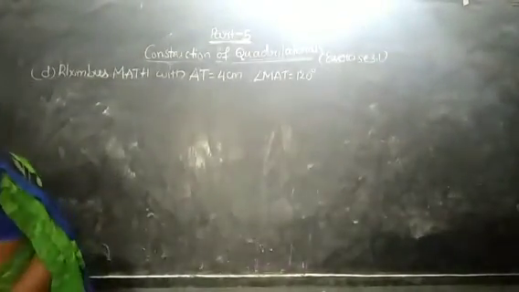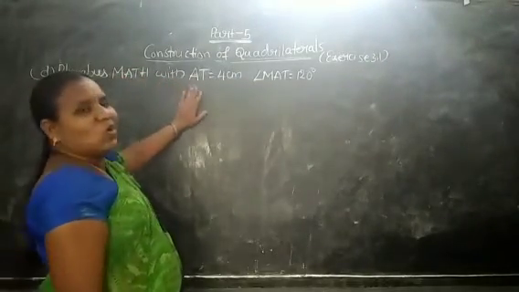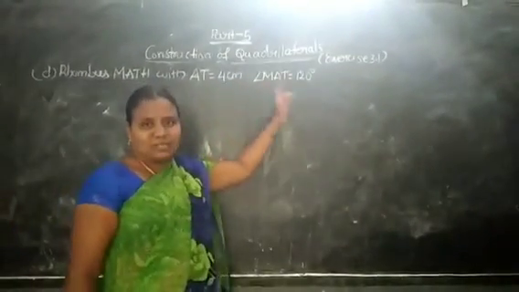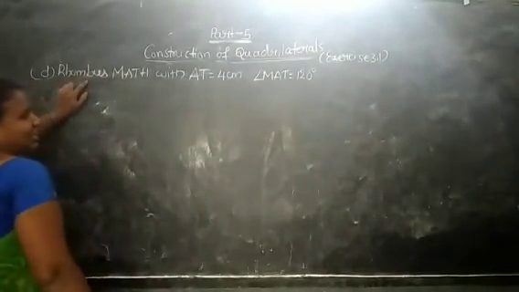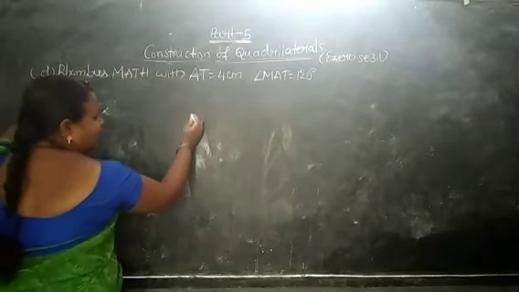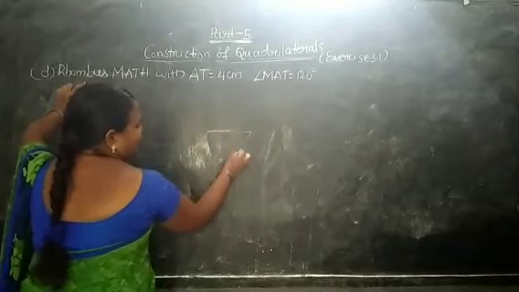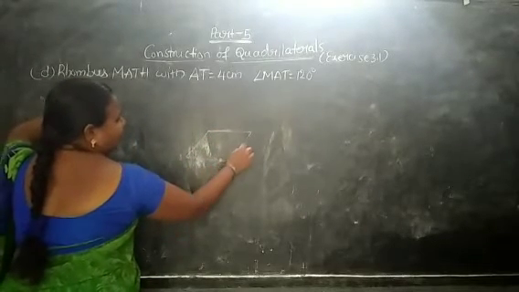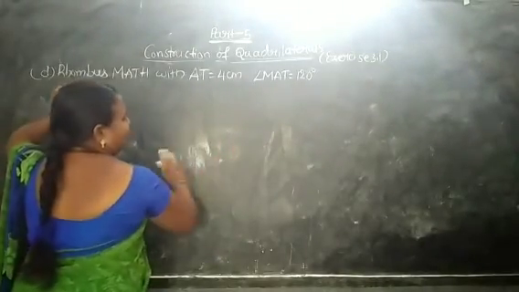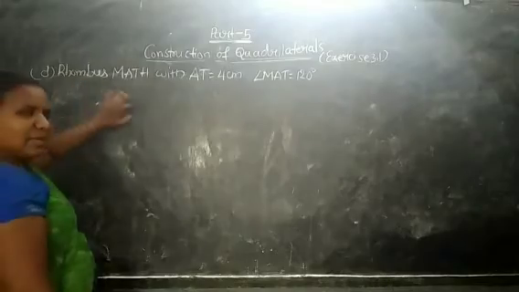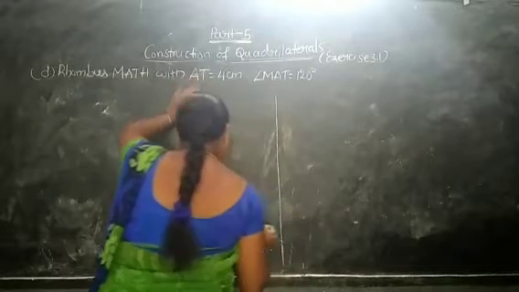Okay. In our previous case, 3 measurements were given, and now here only 2 measurements are given. But it is given that it is a rhombus. Rhombus means all 4 sides are of equal measure. We know that. So by using the property of the rhombus we can construct this. Right, analysis.